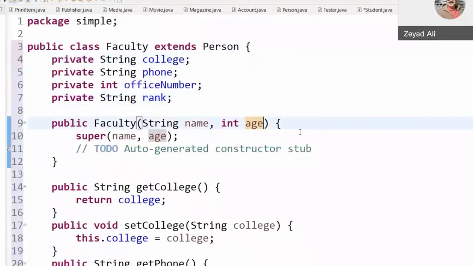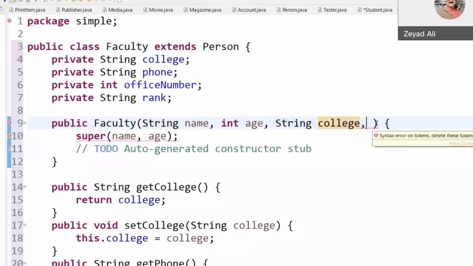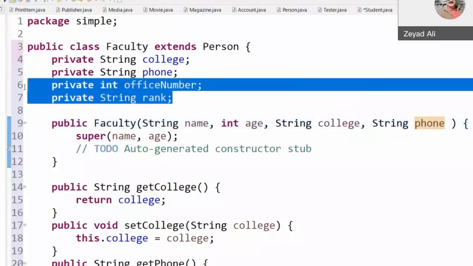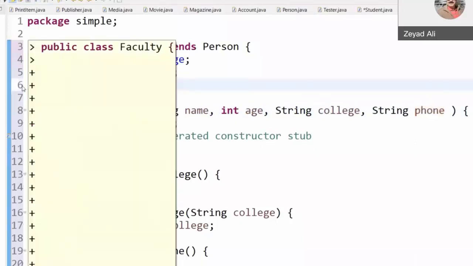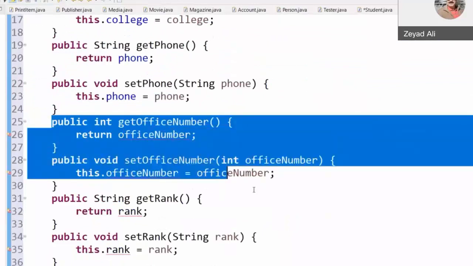So now let me just do things here, college. Okay, String college. So faculty has many things, not only email and GPA, and another one, String phone. To save time, I will just remove rank and office number.